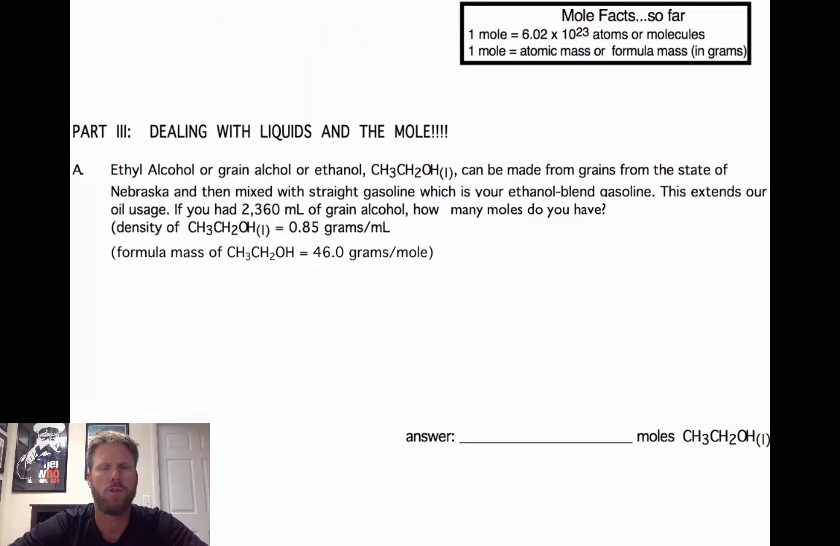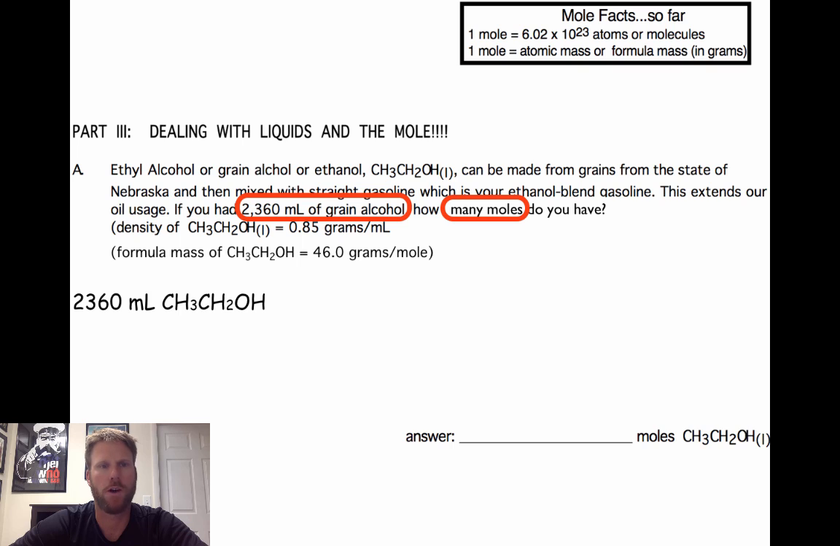Let's talk about how you work with moles if you have a liquid. The only difference really is you're going to make use of the density of that liquid. So let's take a look at this first example. We have 2,360 milliliters of ethanol, and we want to know how many moles we have. So we're going to use our mole facts and the formula mass and density to determine the moles of ethyl